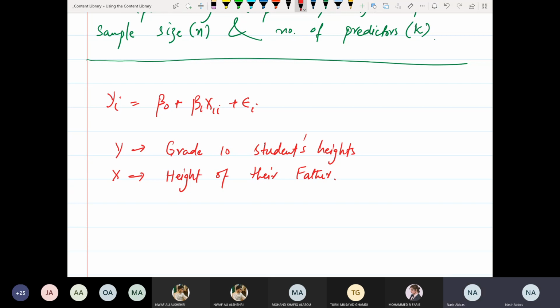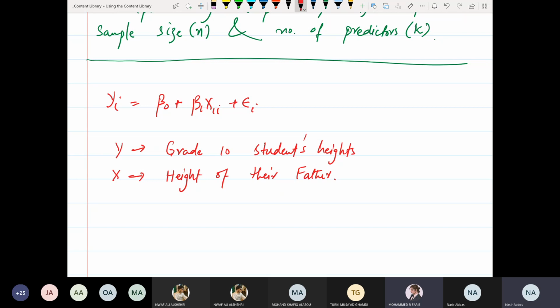If I generate data on these two variables and fit a simple linear regression model, do you expect beta 1 hat to be positive or negative? Faris? Positive. Why positive? Because if the father has a height increase, the students will also